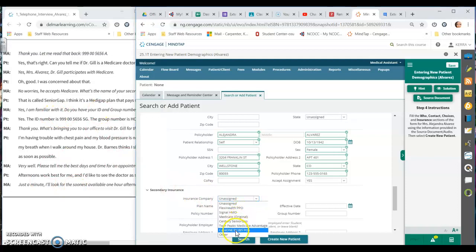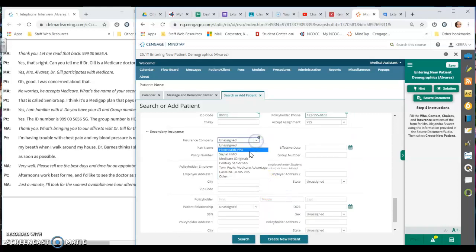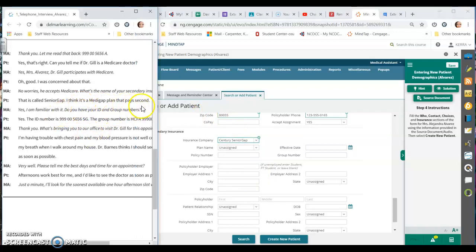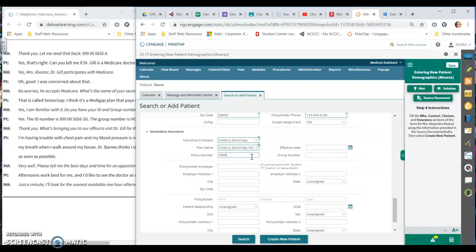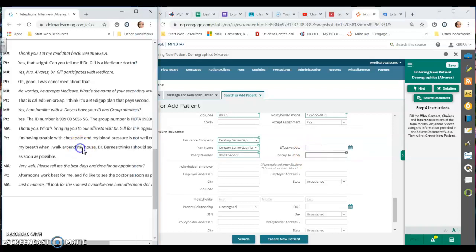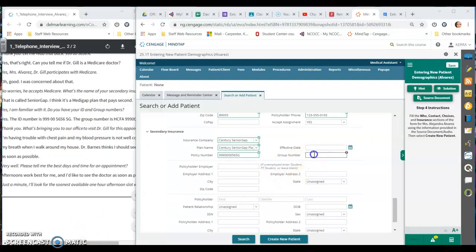So we go over here and we look for Senior Gap. I don't see that. So we're going to put, oh, Century Senior Gap right there. Okay. And then I think it's a Medigap plan that pays second. Yes, I'm familiar with it. Do you have an ID and group numbers? Yes. So the plan name would be the same here, Century Senior Gap. And then the policy number is 999-00-5656-SG. Okay. And then the group number is, let me scroll this over just a little bit,